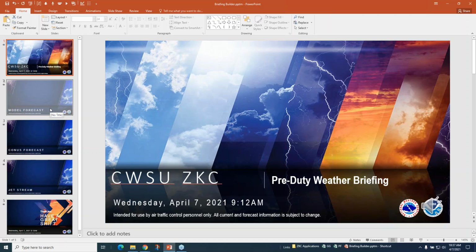So the first thing I want to draw your attention to is the top of the screen here. You can navigate this ribbon here to get most of the capabilities of PowerPoint, but I've structured this through command buttons at the top that streamline this process, again, to get it down to where you can put together a briefing very, very quickly. So the first thing I'm going to show is just how we can set up images that are linked to outside sources, whether it be on the web or a local file on your PC.